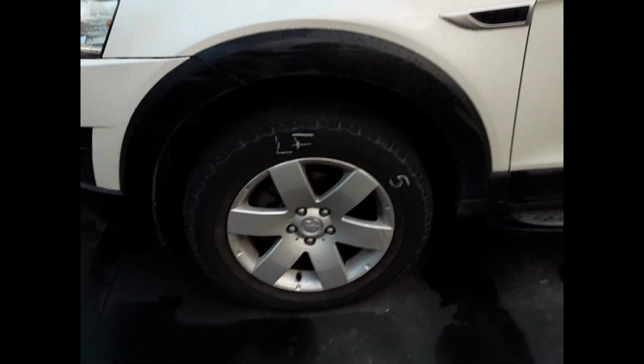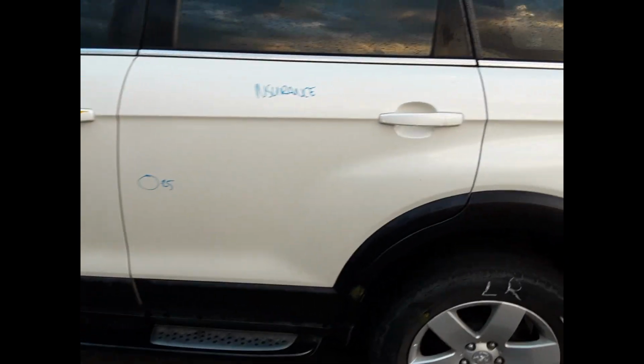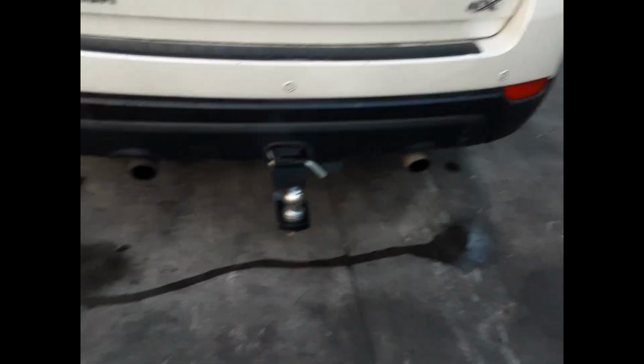Left guard has no damage, left power door mirror, left front 17-inch factory alloy mag with a good tyre, left front door has one small dent, left rear door has one small dent, left rear 17-inch factory alloy mag with a bald tyre. We have the left-hand tail light, tidy rear bumper cover, factory fitted tow bar with all bolts,